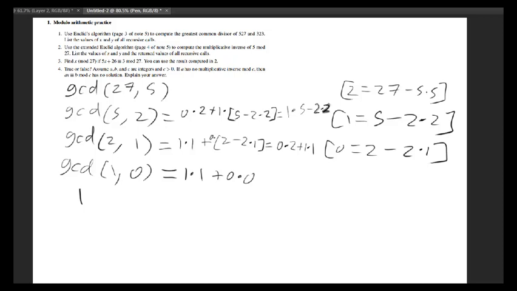So now we have 1 as a combination of 1 and 0, which we turned into a combination of 2 and 1, which we've turned into a combination of 5 and 2. Finally, for our last step, let's get it as a combination of 27 and 5. So we have 1 times 5, that part's great, plus negative 2 times 2, not so great, don't want that 2. Turn that 2 into a combination of 27s and 5s. 2 is 27 minus 5 5s. So we take 1 times 5 minus 2 times